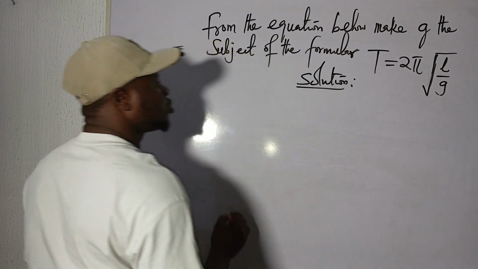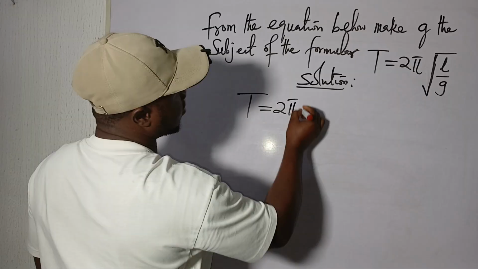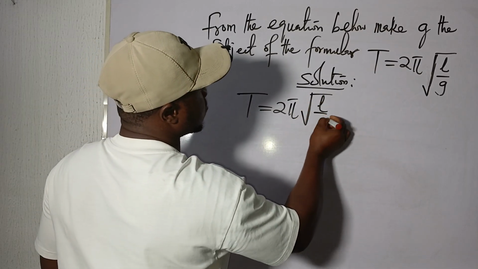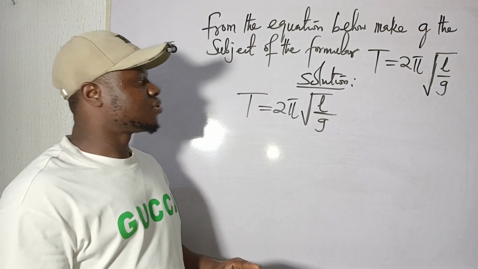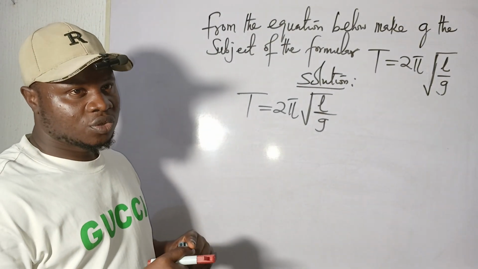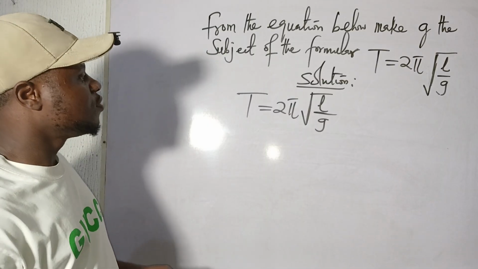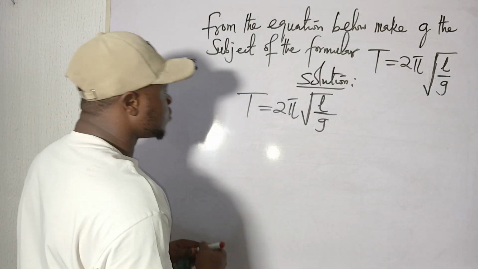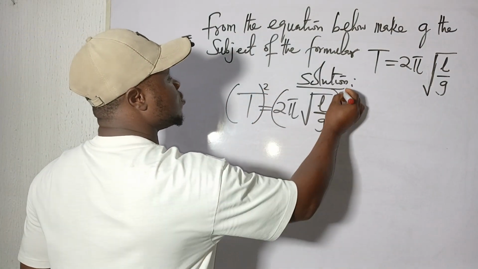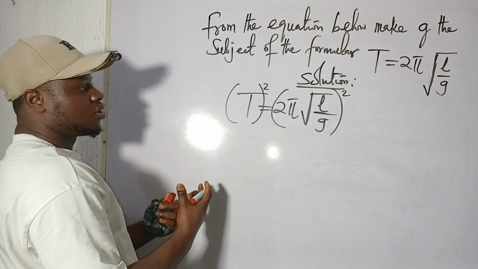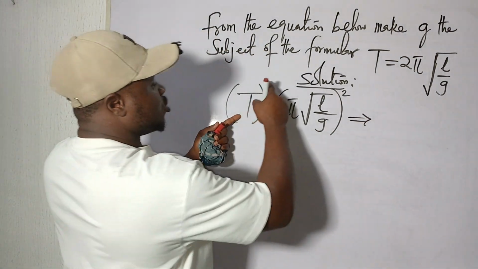In that solution, copy your equation, which is T equals 2 pi times the square root of L over G. Now you can see that this G is under a square root. So all you have to do is find a way to remove the square root. To remove the square root, you have to square this side and square this side, which means we square both sides of the equation. And when you square both sides of the equation, you are going to have T square,